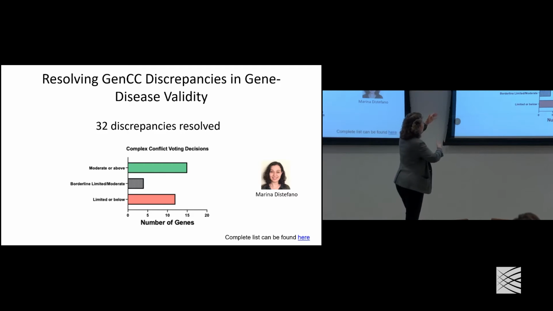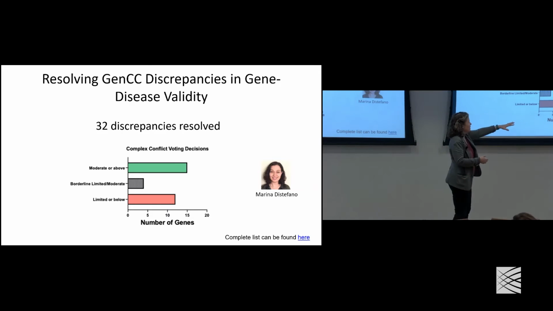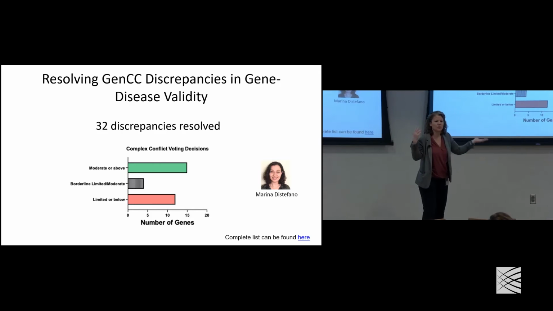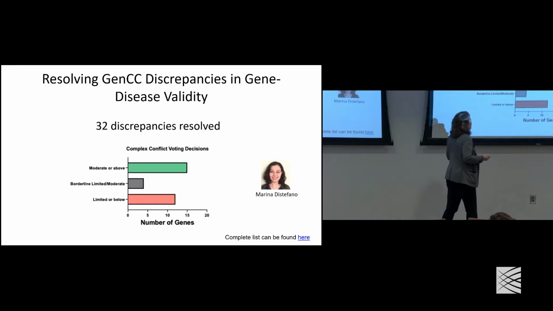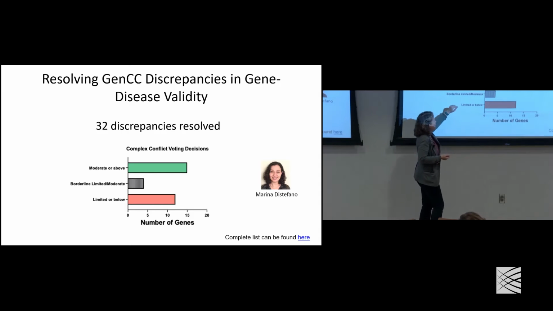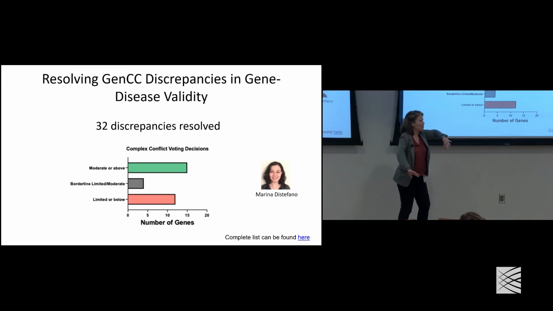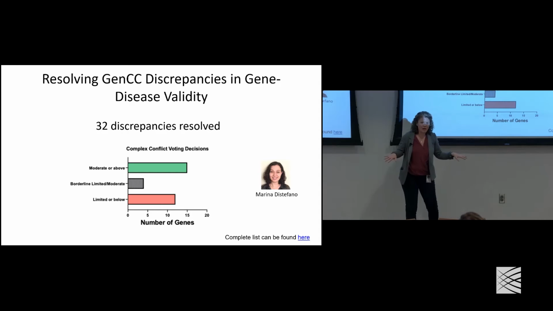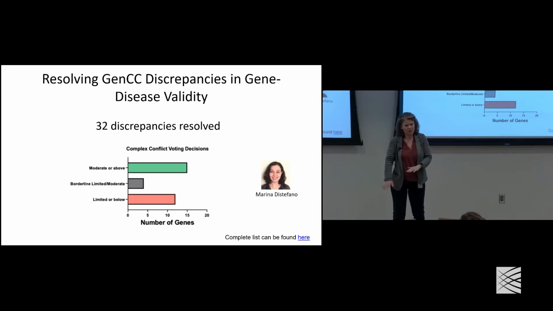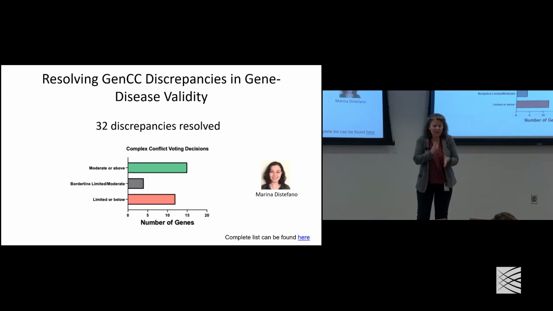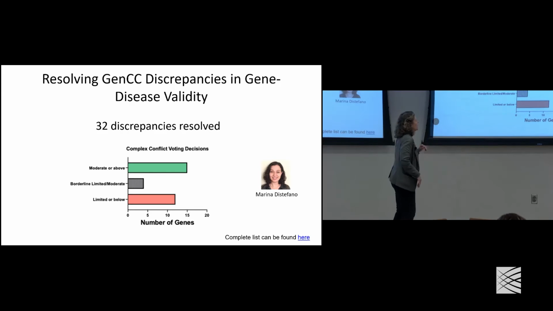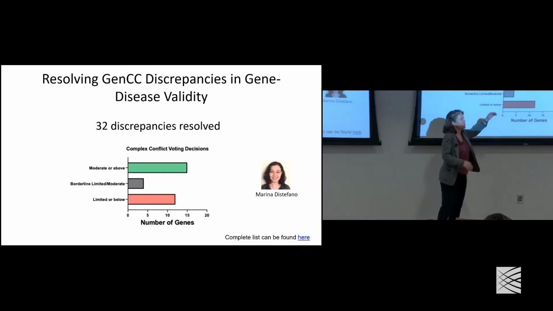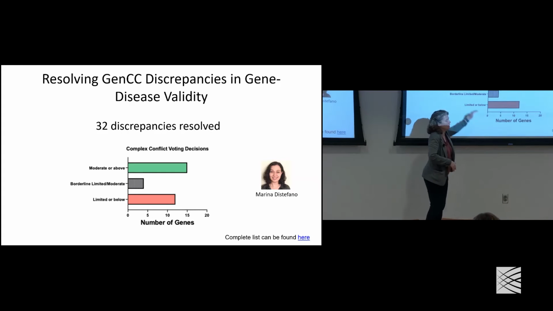And so then we bring them up. We have monthly meetings for GenCC. Marina presents the evidence and gets the evidence from each of the groups, and they share their evidence. And then we delineate, really just in a binary approach, whether it should be moderate and above or limited and below, because that's really the boundary between included in a clinical test or not. And so we don't necessarily debate, is it moderate or strong? We just say above or below this line. Occasionally we hit genes that are just so on the border that we just leave them at borderline.